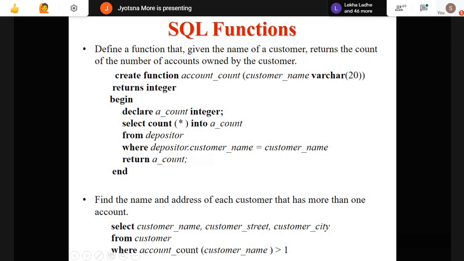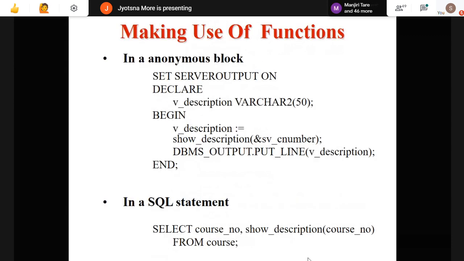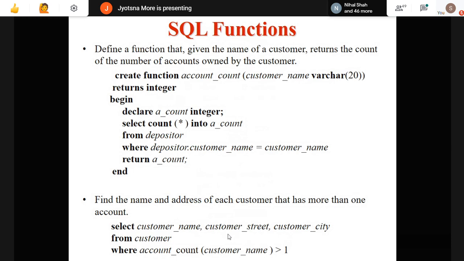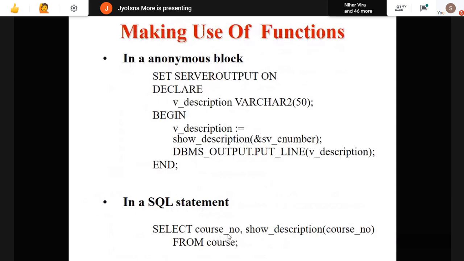Similarly, this is another example of a function. I will not explain all the examples right now, we'll go ahead with that. That is about the function right now. Simple. But when you are looking at such type of code where exception and everything is added, you may get confused. So don't think about that. Go with a smaller program, you will understand it easily. So that is about the function and procedure part we have finished.